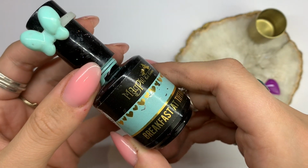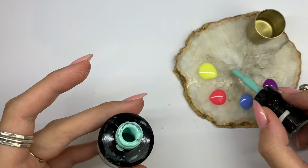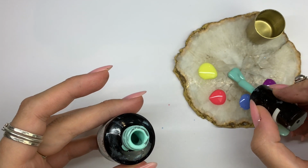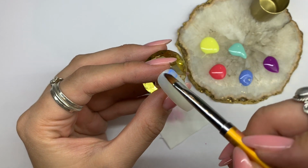So I'm just popping these 5 colours out. This one is definitely a well-loved Breakfast at Tiffany's. Is a beautiful minty green blue colour. I love it. So first off, I'm starting with the first design and I'm just taking the gels on a